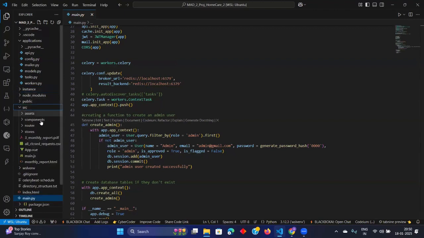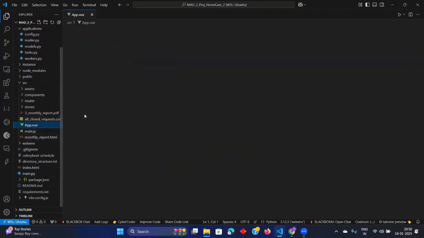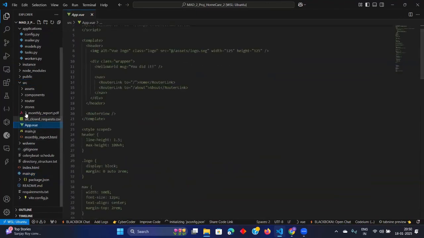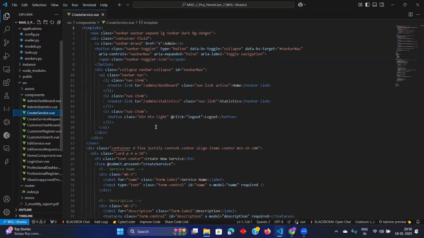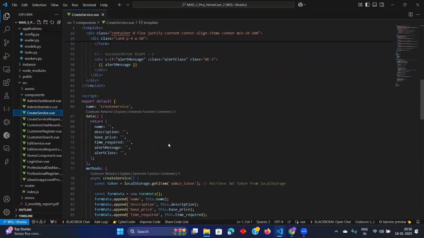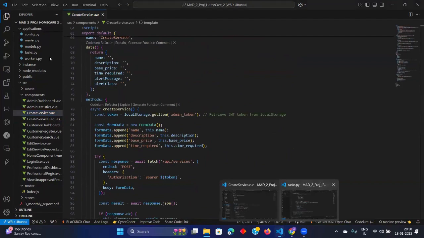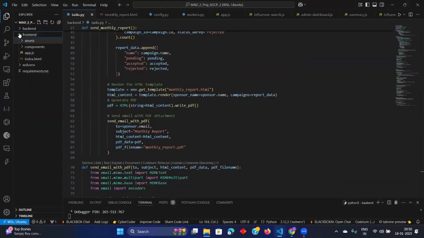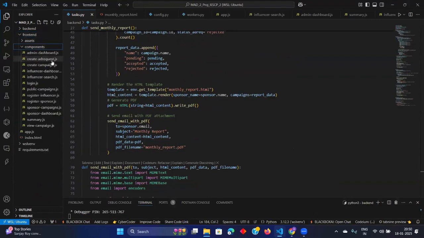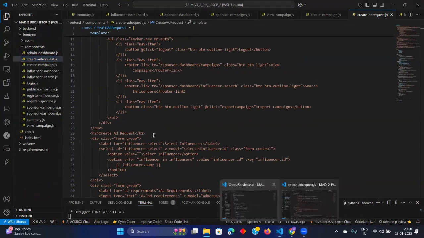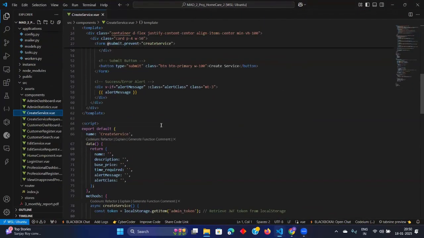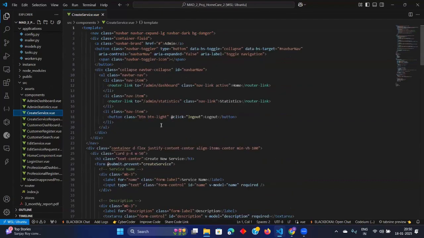If you go in this folder, that's src, and you see these files, and if you go in the router and you see here components, these are our component files. You see, this is looking better, right? If you look at this code, and instead of this, if you look at this code, this is the frontend code. These are our components. Look at this code. Which is looking better? Obviously, this one is looking better because we can see the Vue and VS Code formatting here, and all the things like